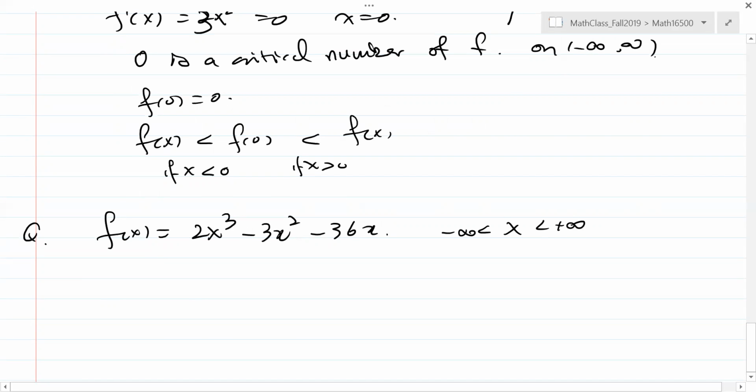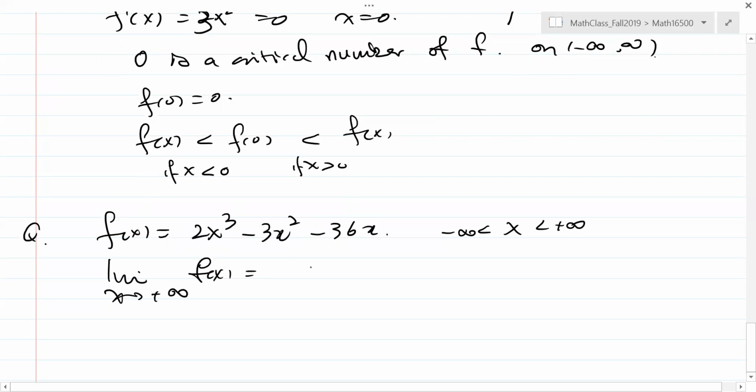It's hard to draw the graph. I want to find the local maximum value and local minimum value, if any. And does it have an absolute maximum value or absolute minimum value? Maybe not. It's clear that as x approaches positive infinity,